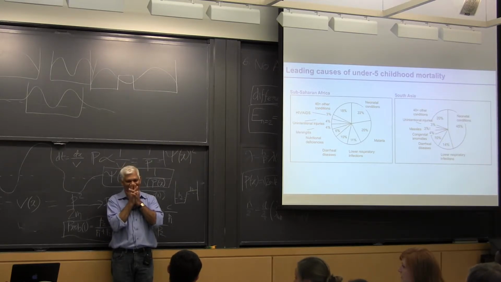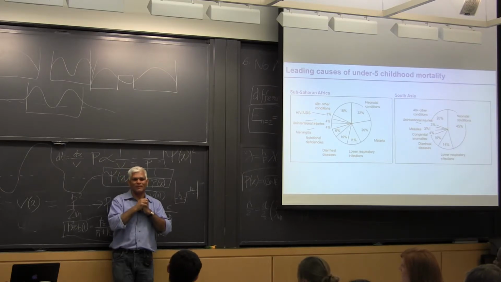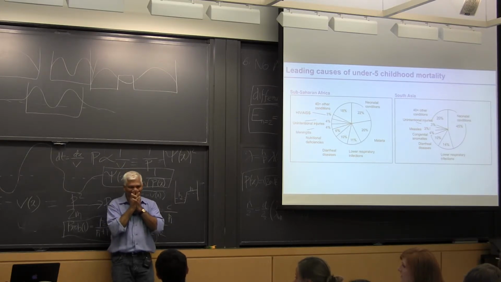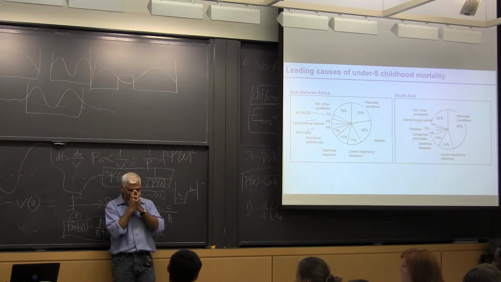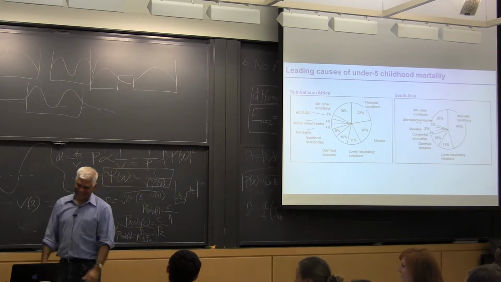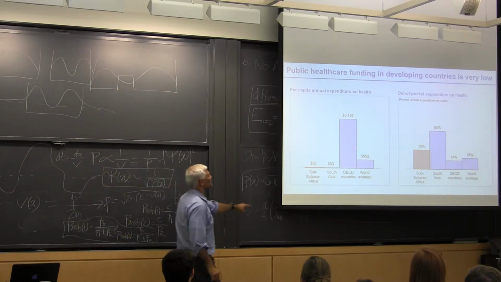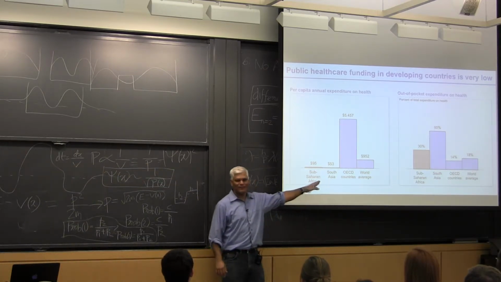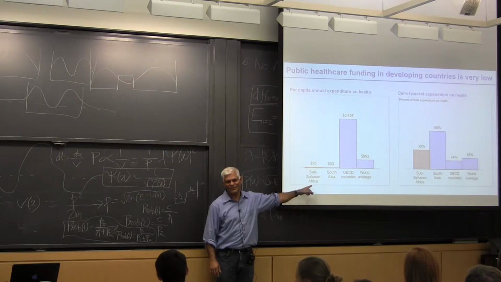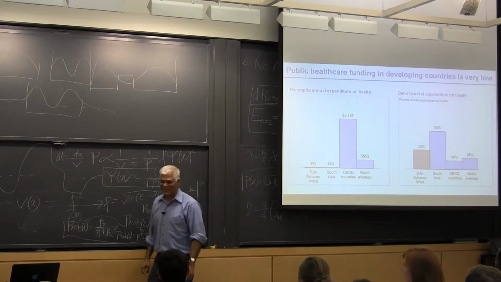Pick a number. You're at MIT. It doesn't have to be correct. I don't know what their income is, but I would say maybe 20%, 10% of their income. No, dollars-wise per year. $100, $50. Very good. Actually, see? It turns out that you're very accurate: in South Asia, it's $53 per person per year. In Sub-Saharan Africa, it's 95. See? Never be afraid to guess.